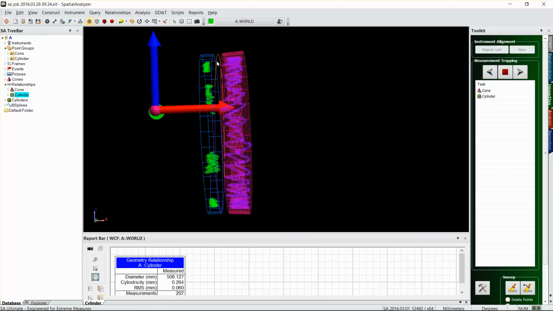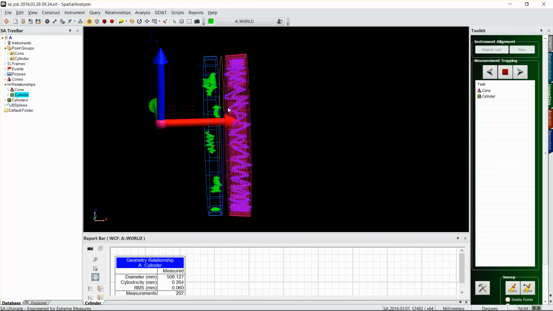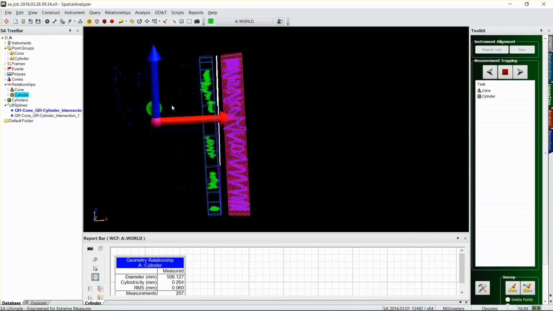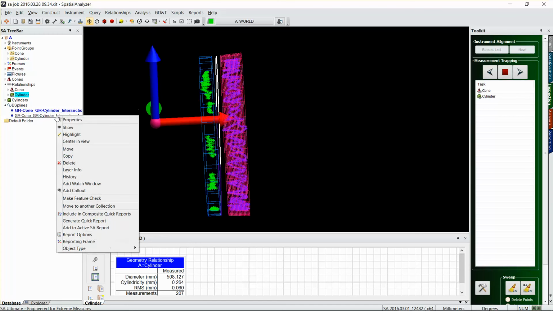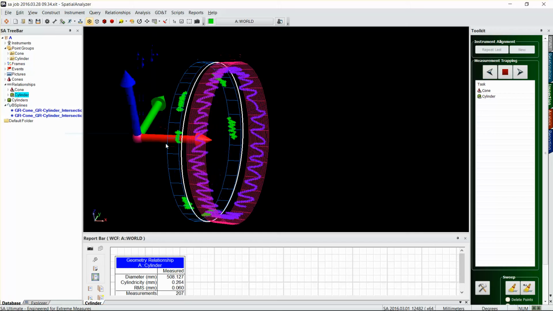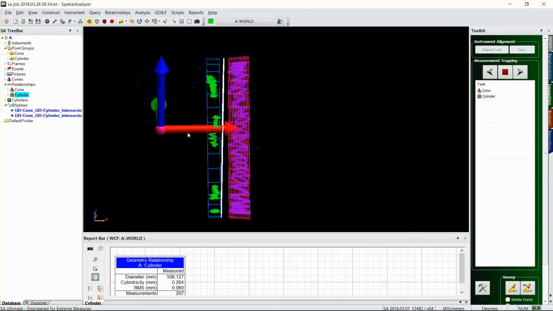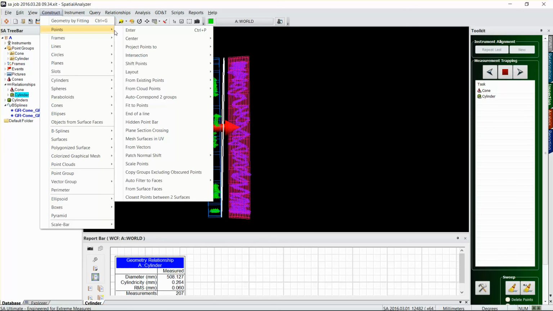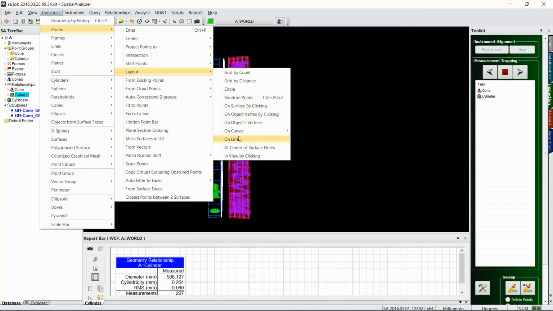And then you can see this orange thing here and purple. We actually created two B-splines for two halves of the intersection. So we got one there, and we've got one there, and they form a full circle. Now, before we can actually construct a circle on this, we need to construct some points, and then we'll make our circle from that. So I'll go to Construct, Points, Layout, On Curves,